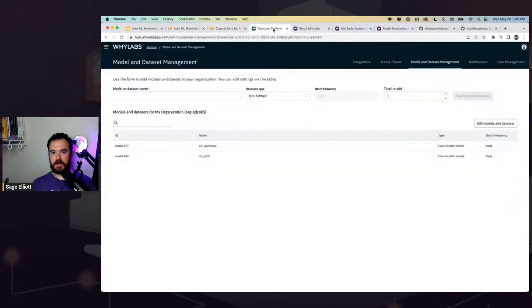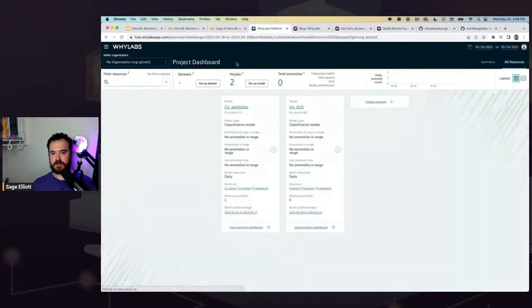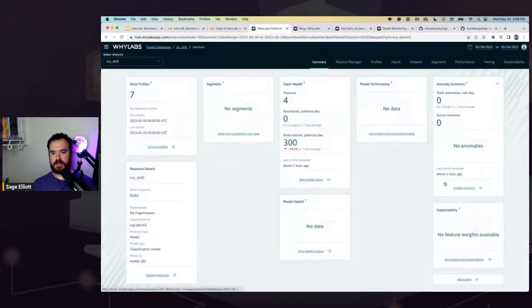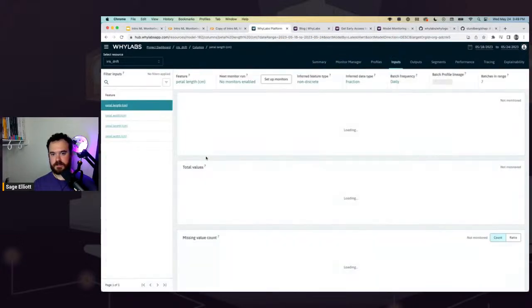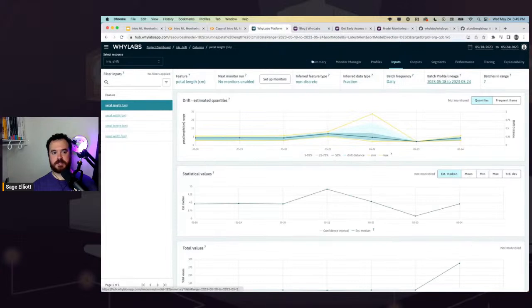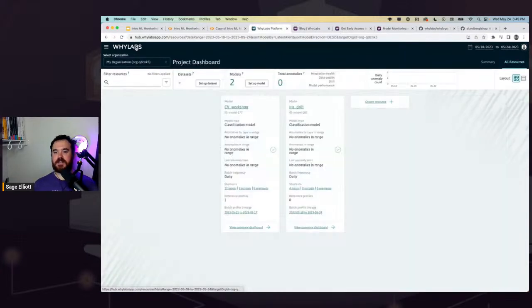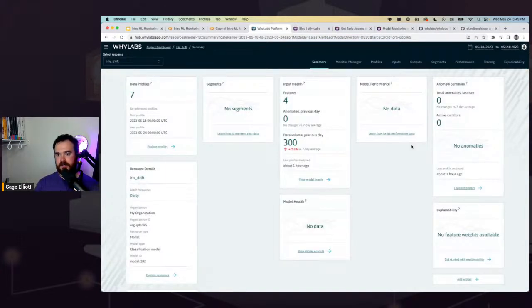All right, so now I had run that other code cell. So if I go back into my YLabs project, I'm going to go back to visualization. So again, sorry if I went a little fast. This is what my homepage looks like. I'm going to click into that project. Again, you might have one project here. Click into it. This is a little summary tab that tells us a little bit about what's going on.